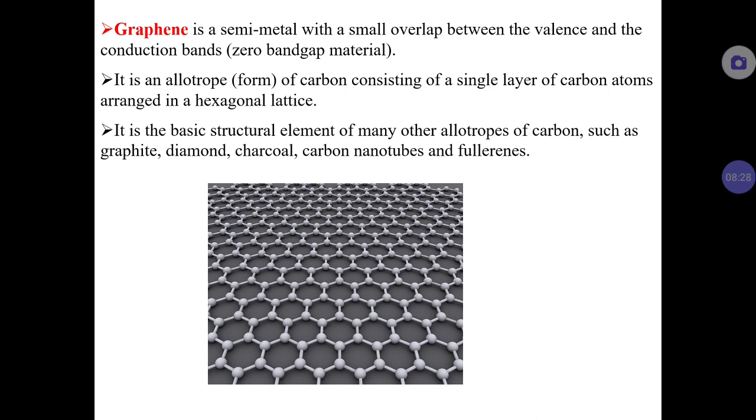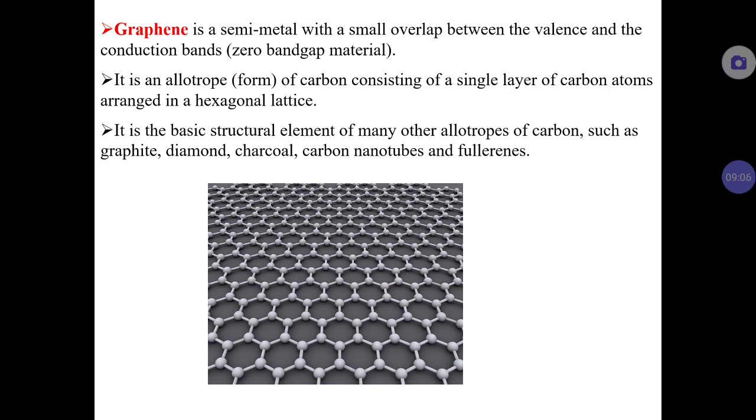So graphene is a semi-metal with a small overlap between the valence and the conduction band. Very small overlap means the band gap is zero, but it doesn't overlap to a greater extent. Very small extent, even one atom thickness in that range. Or else we can say that it is a zero band gap material, but the band gap doesn't overlap greatly as that of